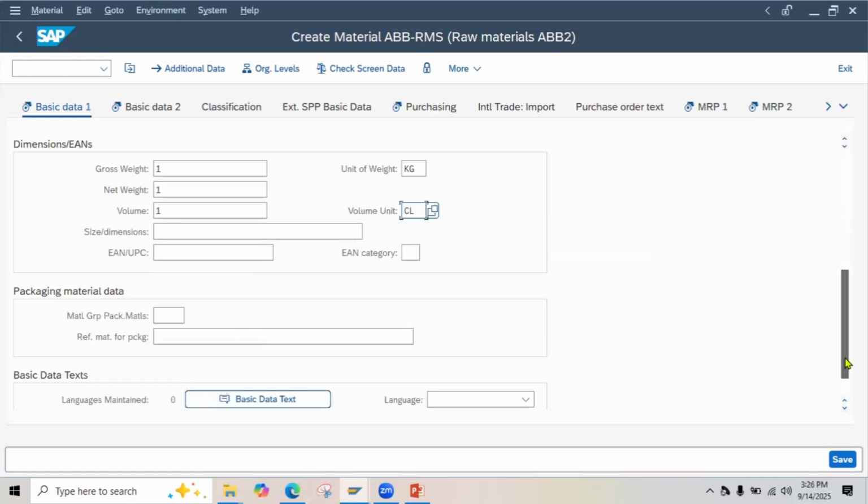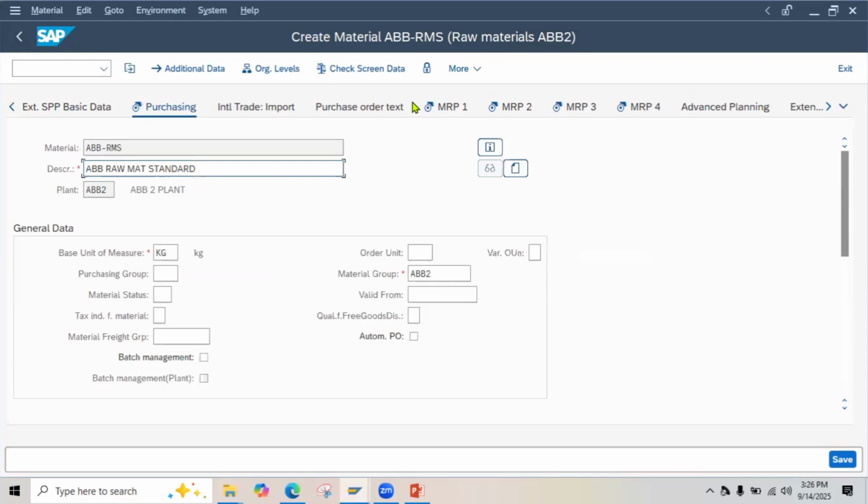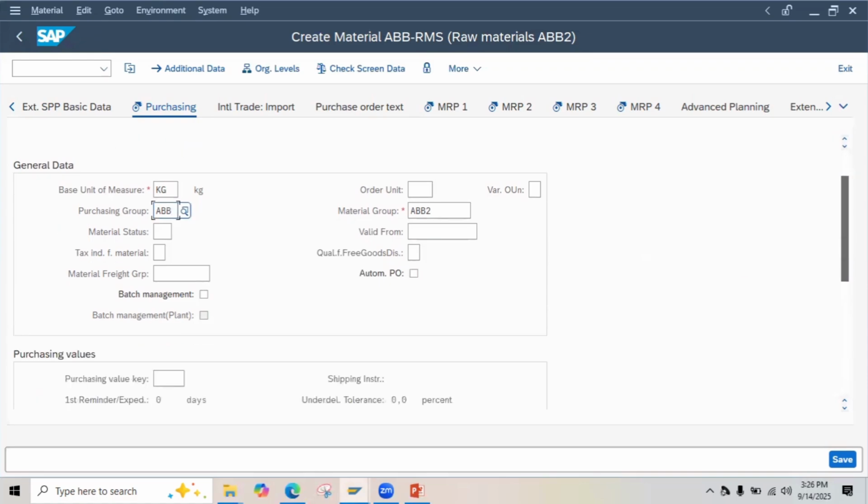Once you have done that, now what you need to do? You need to go to the purchasing tab. Once you've entered the purchasing tab, just see if you need to enter your purchasing group. Purchasing group is the group which is responsible for making the purchasing of the raw material. So you have selected the purchasing group. Okay, come down. If anything else is required at this level,